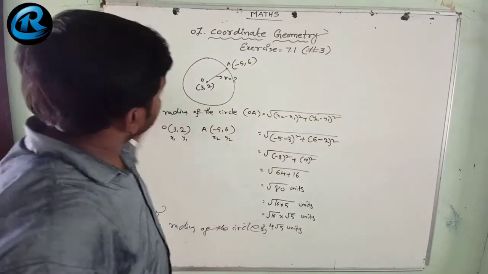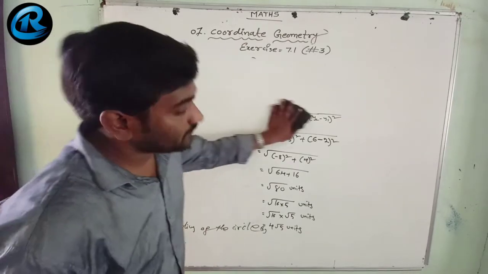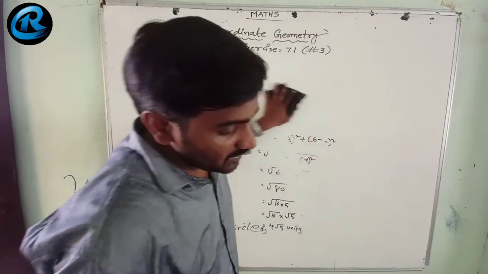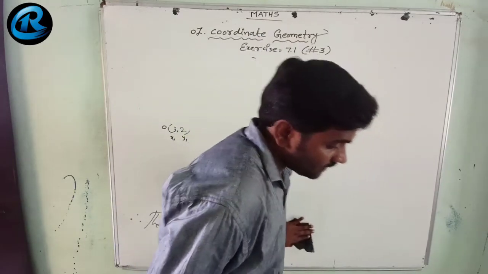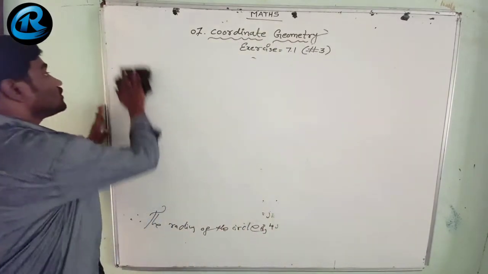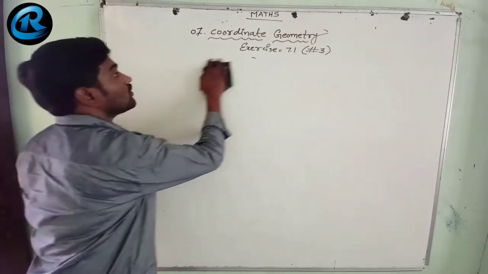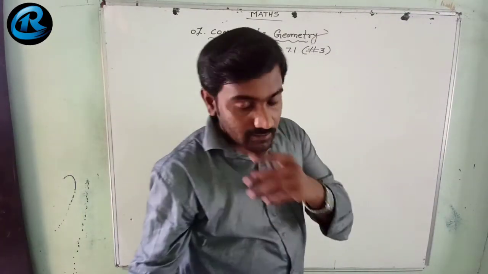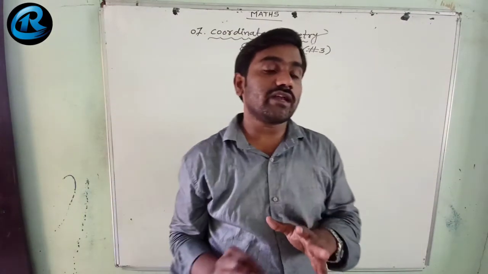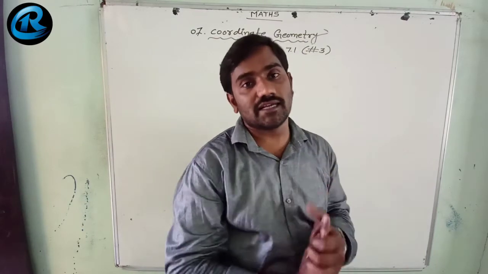So I hope you understood this. Now let's go for the next question here. The next question is based on how you can draw a triangle, give a reason. Is a triangle possible or not? How to decide a triangle is possible or not? We have some properties of a triangle, like the sum of any two sides should be greater than the third side.